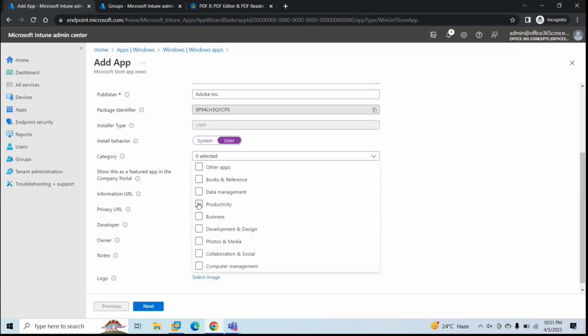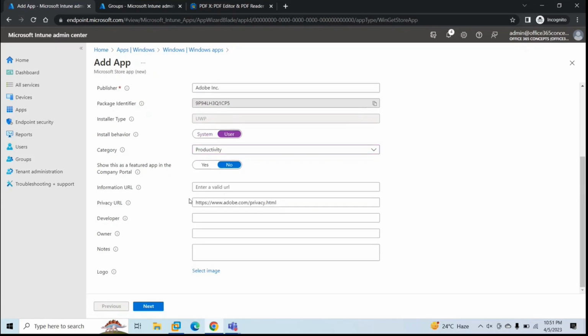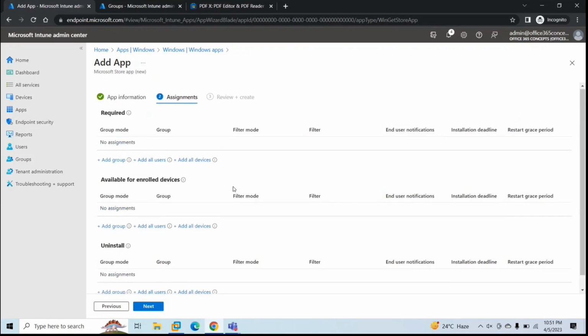Again, if it is a productivity app, business app, or any other category, you can select as per your requirement. And these are optional fields, so if you want, you can fill them. Go next. Now here we can see